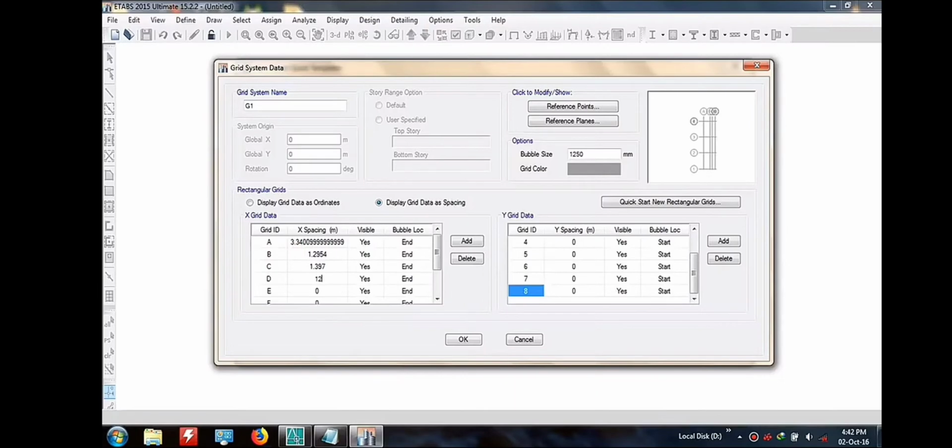So here I am writing all the grid values, all the spacing between the grids which I had mentioned in my architectural view, and I am writing the same thing here. I am feeding my data here by using my architectural view.